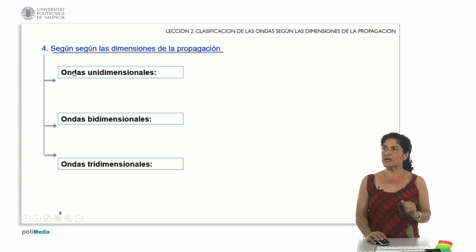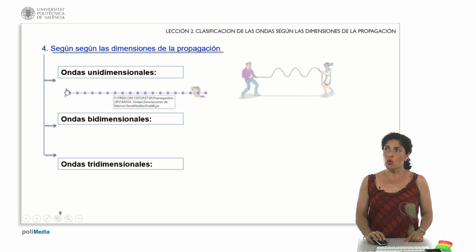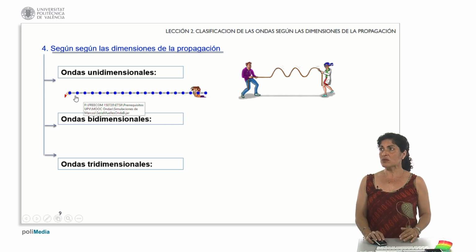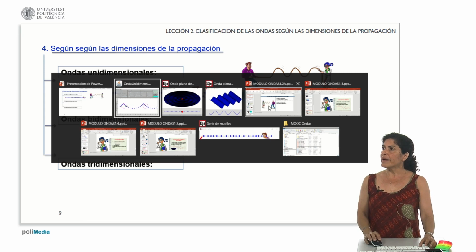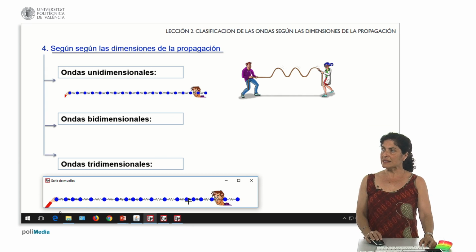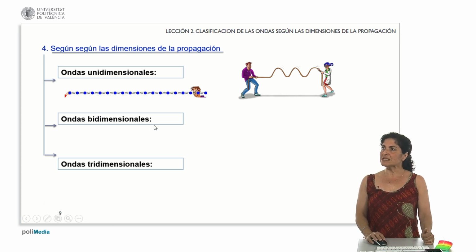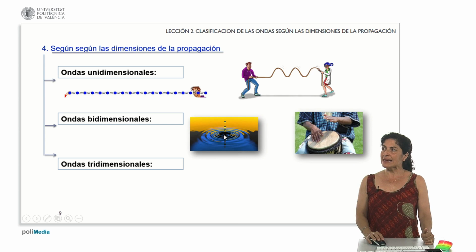Here we have a very clear example. And according to the dimensions that the wave motion occupies in its propagation, we are going to distinguish between one-dimensional waves, when the perturbation is only propagating in one dimension of space, as we would have in this case, or also as I have shown previously in one of the animations. Here the propagation of the energy of this wave motion is taking place only in this dimension. Two-dimensional waves, when the perturbation is propagating in two dimensions of space,